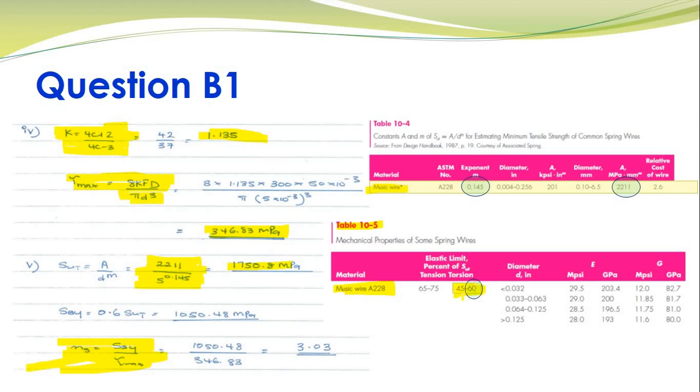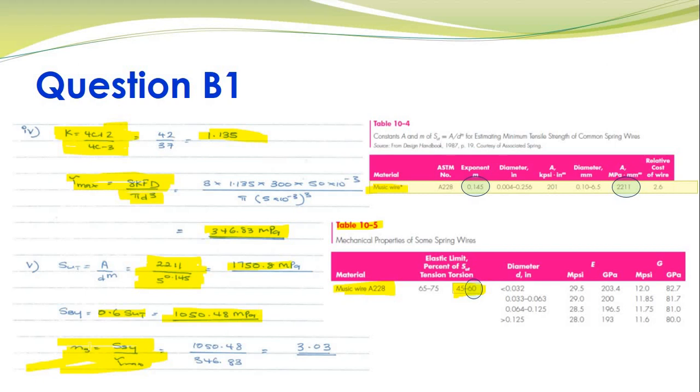So your torsional yield strength can range from 45 to 60%. For us, we always use the upper limit. So that's why your SSY is simply going to be 0.6 SUT, because it's basically 60% of SUT. 60% is 0.6, and SUT we had already calculated. So your torsional yield strength is